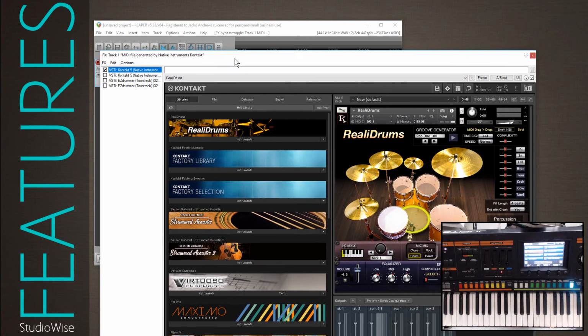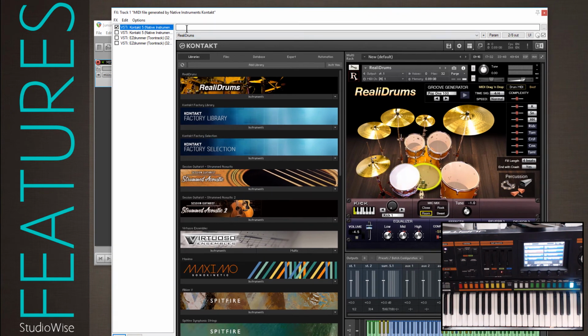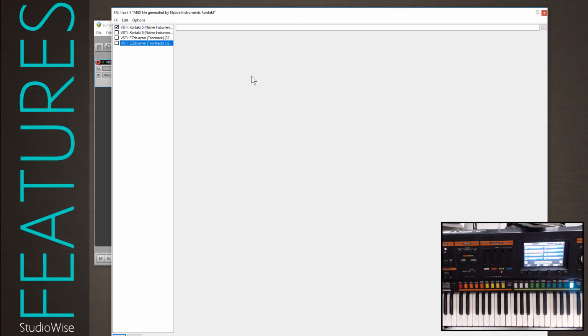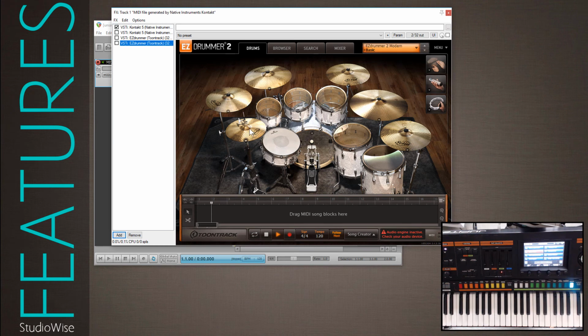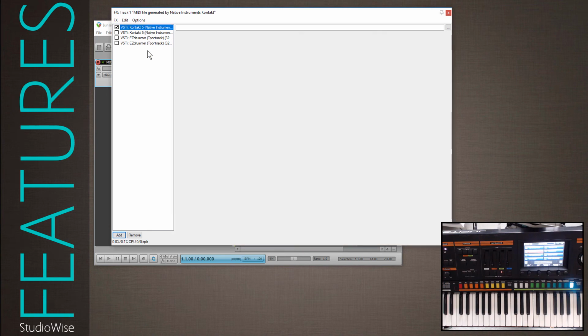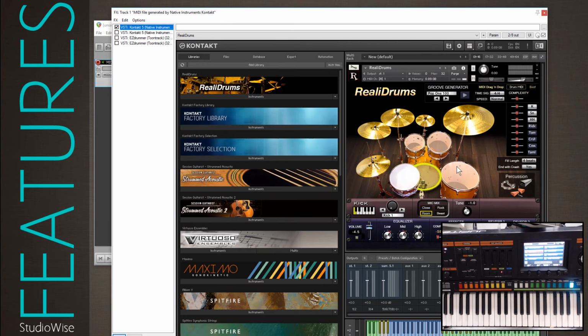Cool. So there we go. In my mind, the EZdrummer vintage has a similar kind of style of recording. It's obviously a different kit, totally in a different room, but it's the most similar. It just shows that RealiDrums is on par, I think, certainly with the Toontrack stuff. For my 5 cents worth, I think